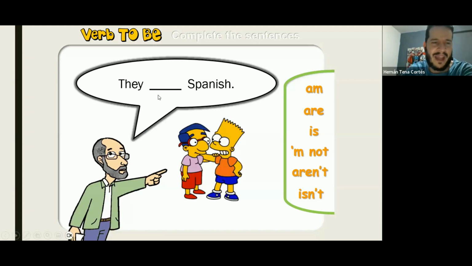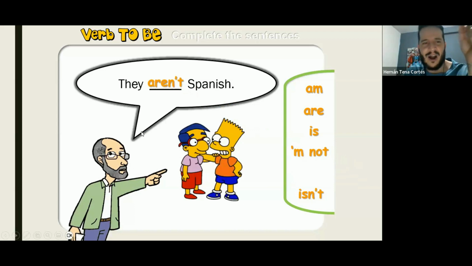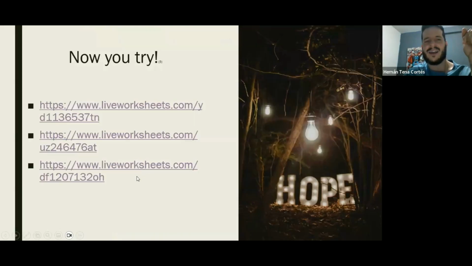Mayra. They Spanish. They are in Spanish. Very good, Mayra. Correct. All right, so they are in Spanish. Vamos a usar aquí, you're very welcome. Aquí utilizamos frases negativas porque no son hispanos, right? Son de otro país. Por allá saben ustedes. Let's go to Medium. Ay, se me acabó Medium. Se salvó, se salvó. Ok,